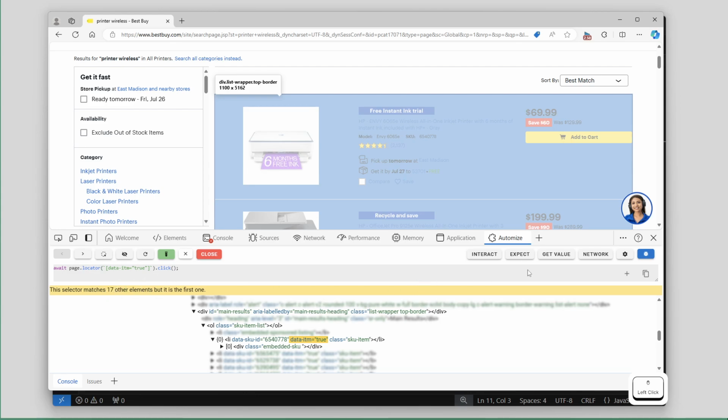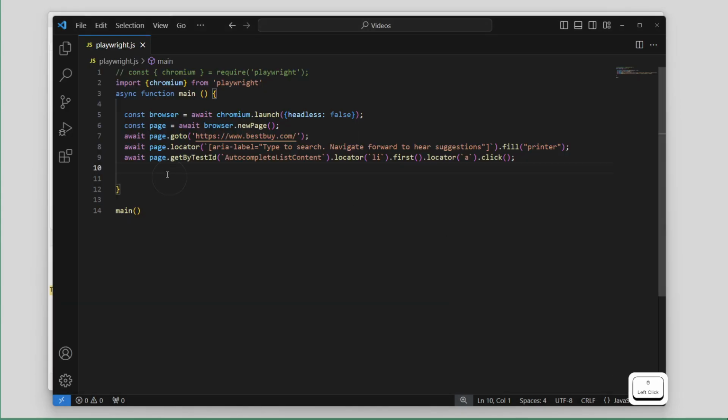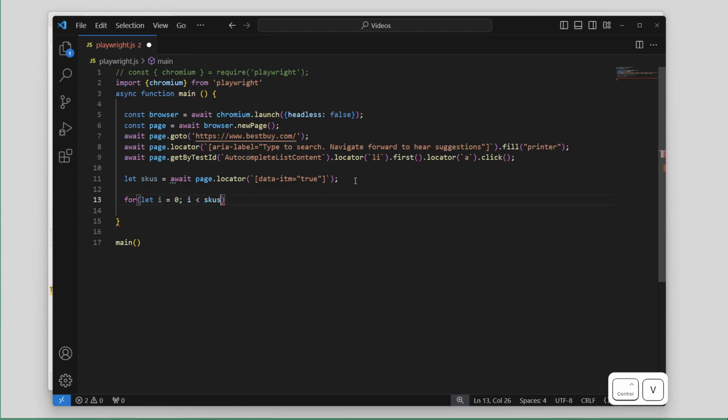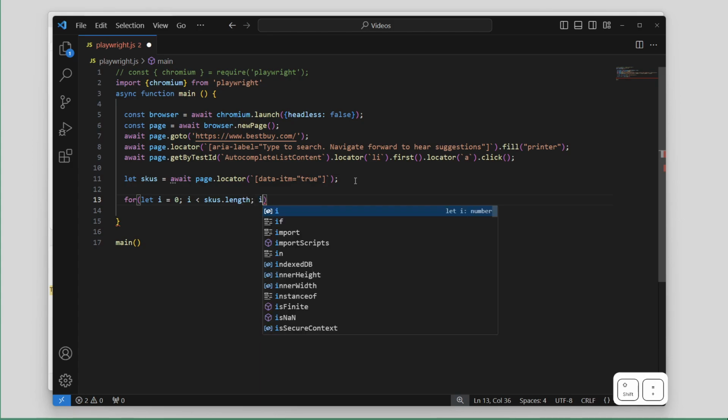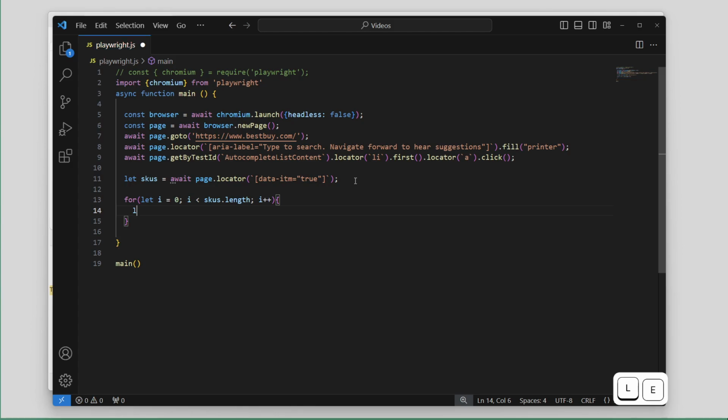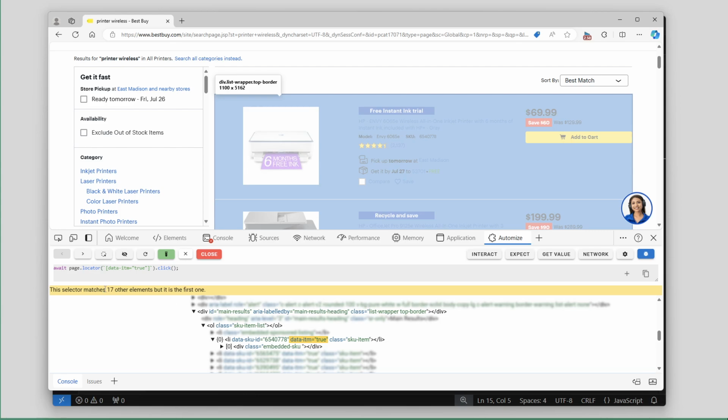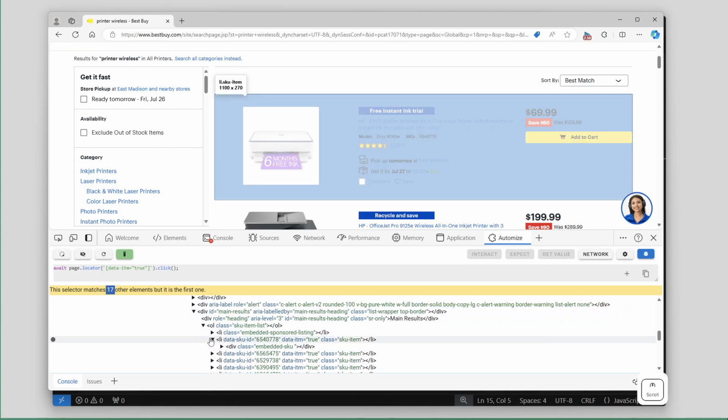And in our case, we actually do want to do this. So I'm going to copy this selector, and we're going to say, right, let items is equal to this. We can get rid of click because we don't want to do that. And actually, this is going to be SKUs. Okay, and let's loop through these. So I'm just going to do a simple for loop. And then we'll say let SKU is equal to SKUs of I. Okay, so now that we have our SKU selected, which is, remember, the 17 list items here,